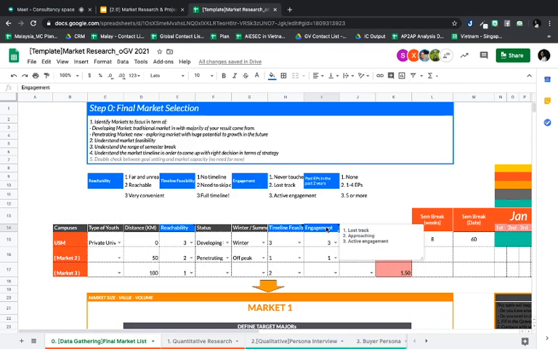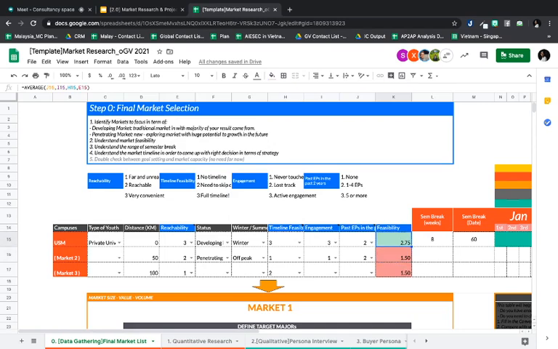Two is approaching, which is on the way of approaching them. Third one is active engagement, which is where you already have a lot of conversation. And then past EP: one is for no, which means you don't have any EP before. Yes, for sure, yes, for two. And then feasibility is a model that automatically generates results for you.